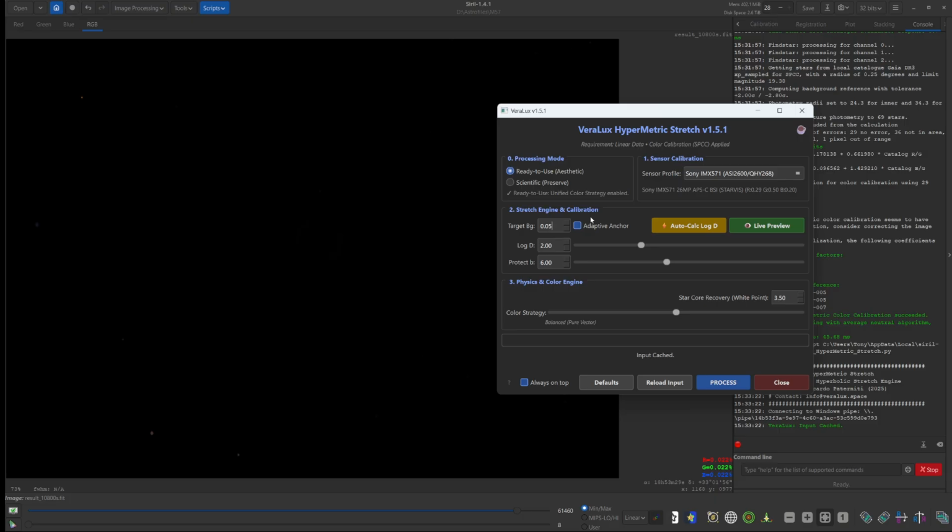So I'm going to set the target BG to 0.05, and I'm going to select the color strategy. This, in essence, is the strength of the color of the image after processing at a very high level. I'm going to take this down to about 25% of the way along. I'm going to click on live preview,